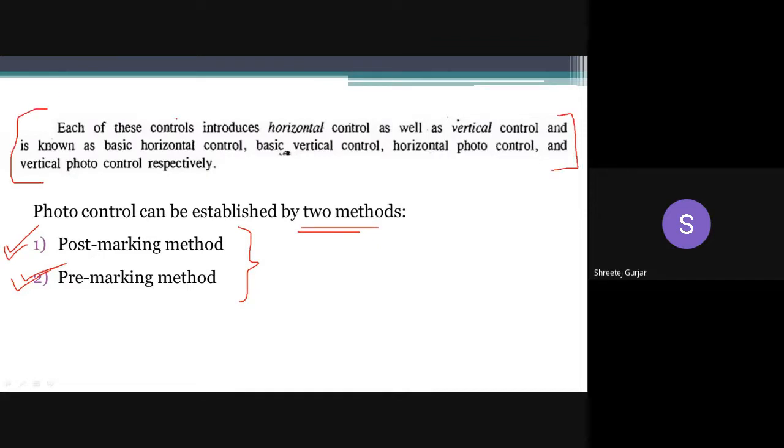Very important. Each of these controls introduces horizontal control as well as vertical control, right? Each of your controls, it may be basic control or it may be photo control. Each of these consists of horizontal control and vertical control. So when you are dealing with basic control, when you are dealing with horizontal control, it will be basic horizontal control, basic vertical control. Similarly, coming to the second part, that is your photo control, wherein we have horizontal photo control